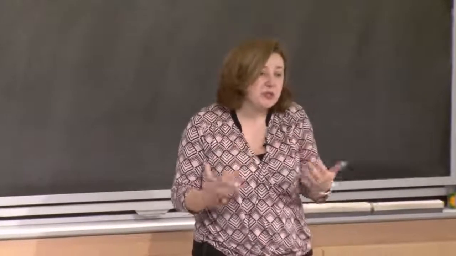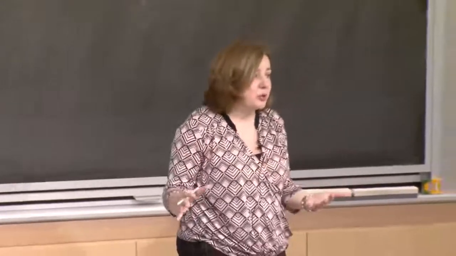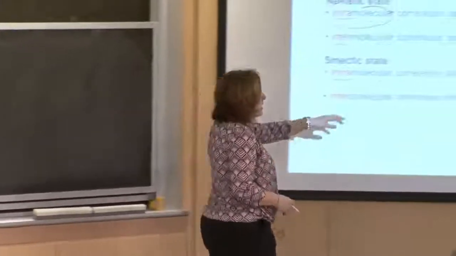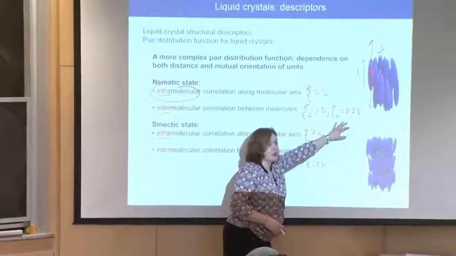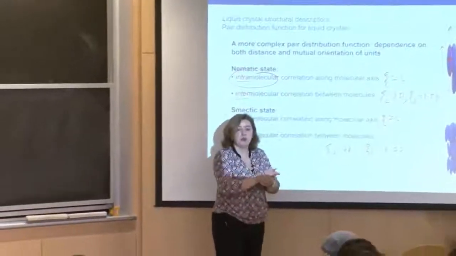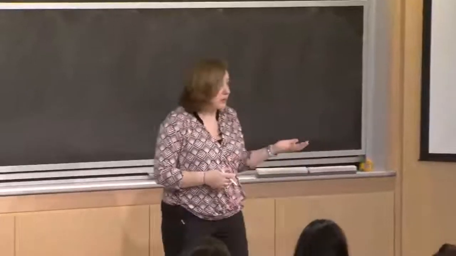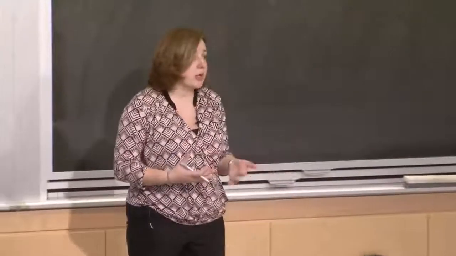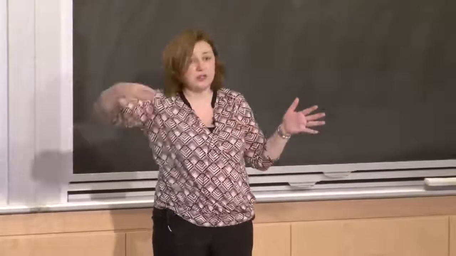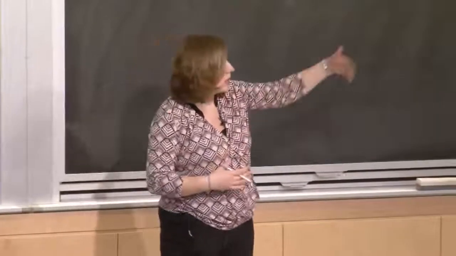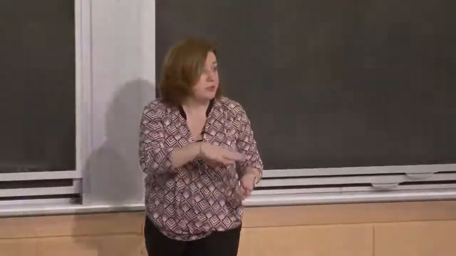It would be a superposition of three different pair distribution functions, right? You would plot one pair distribution function, this pair distribution function, and this one, and you would superimpose them, and it would be a very complex pair distribution function. And again, if you do measure the pair distribution function, there are methods to deconvolute it. You get the relatively complex function, and there are methods to deconvolute it and then calculate, for example, what is the order within the